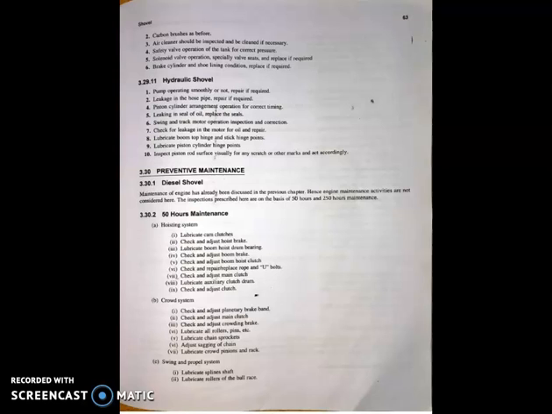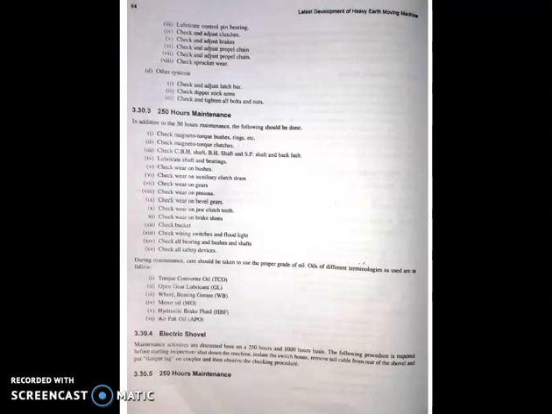preventive maintenance. For a diesel shovel, if we discuss the 50 hours maintenance, the first one is hoisting mechanism maintenance. Next is crowd system maintenance. After completing the crowd system maintenance, then go for the swing and propel system maintenance, and then other maintenance. In this way, we will go